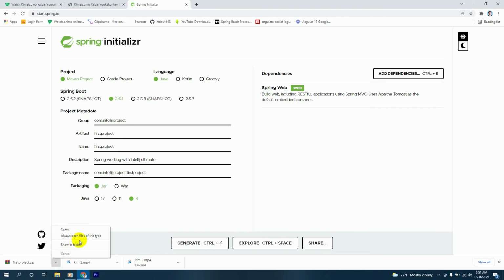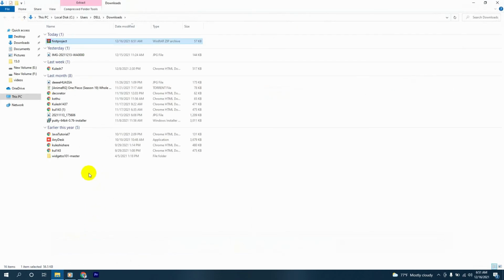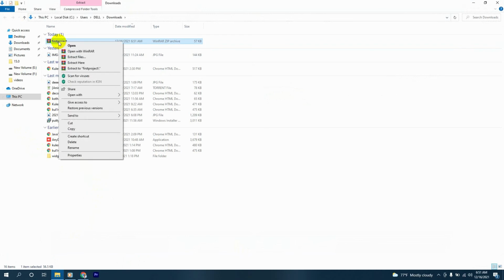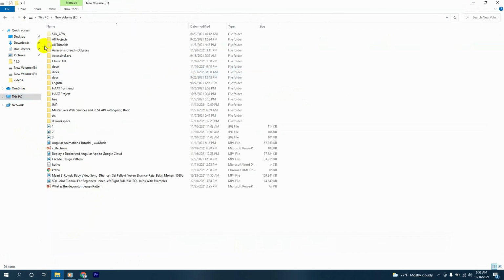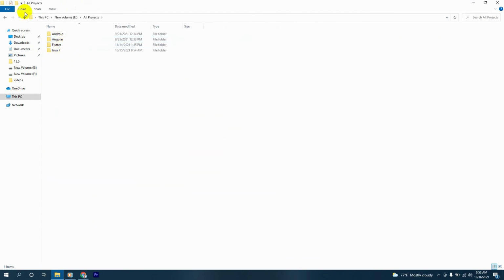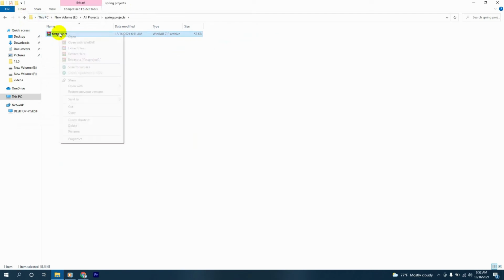So we can open it in folder, and here we can copy this zip file and go to our all projects folder, and here I'll name this Spring projects, and inside it I'll place this like this. And next, I'll extract it here,